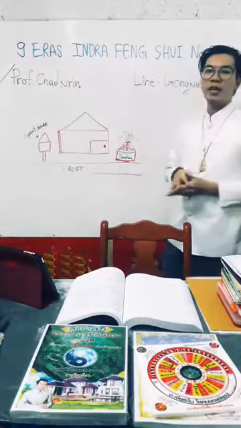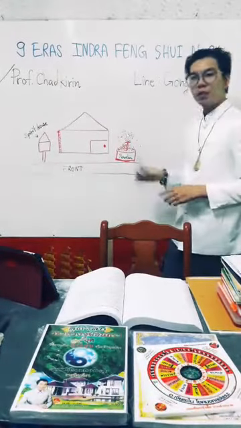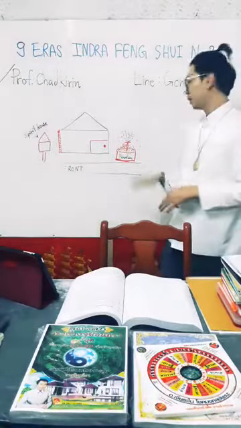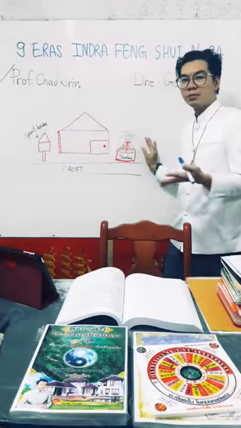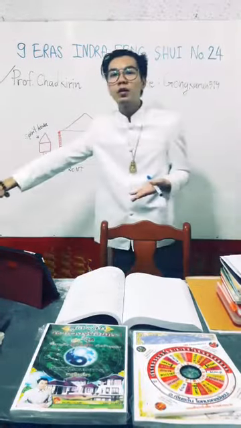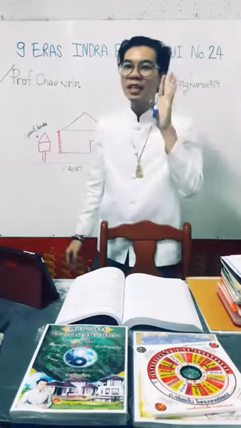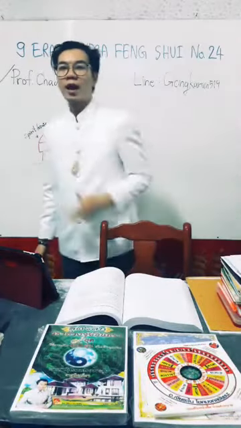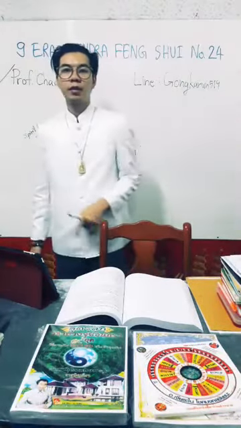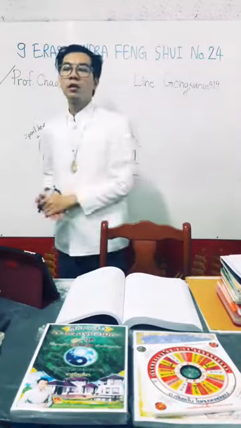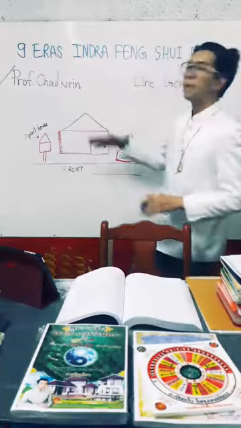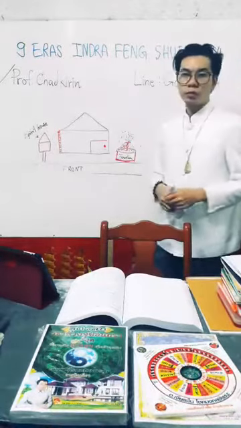But normally, we can bring the fountain in this part. Normally, it's normal, but it's not everywhere. There are places where we can do like this, especially if the back of the house is the north